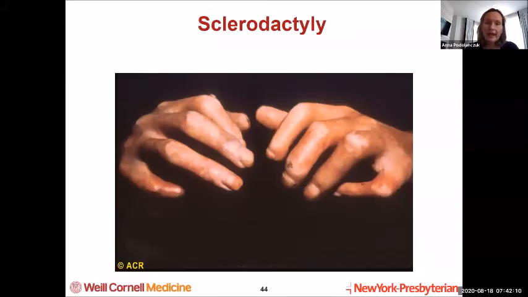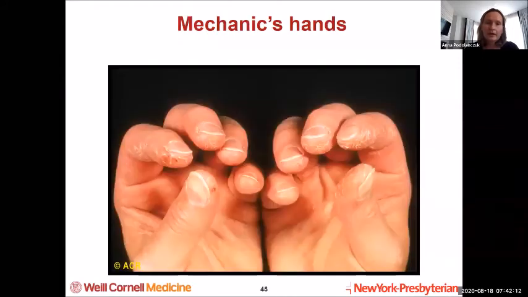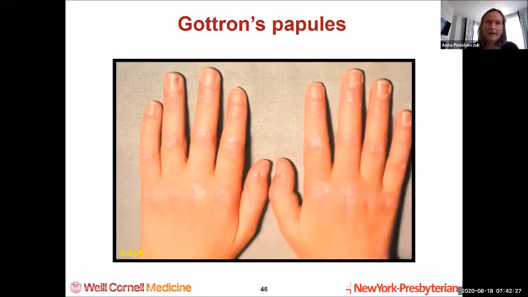I look for sclerodactyly on exam. I also look for mechanic's hand. So again, there's this fissuring and scaling of the distal digits, and that's really to look for underlying myositis, which can often be missed. And I look for Gottron's papules, which is the scaling of the